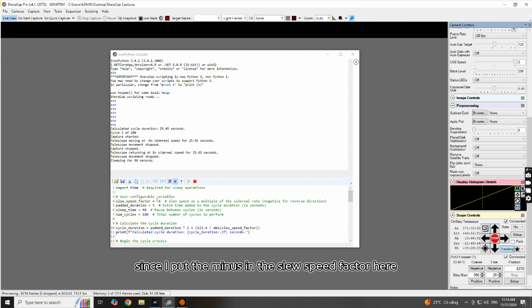again. Since I put the minus in the slew speed factor here, the mount will slew from the west to the east. If I put a positive number there, it will slew from the east to the west. Okay, so I have completed the first cycle. The script will sleep for 90 seconds before starting a new cycle. Now I will stop the script